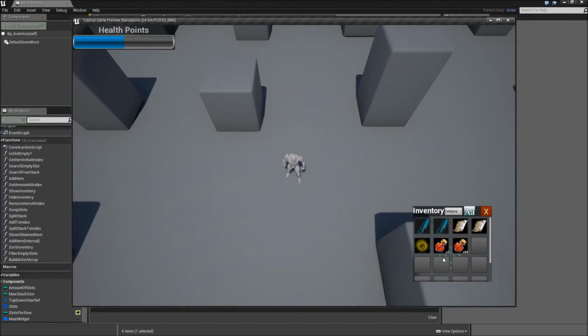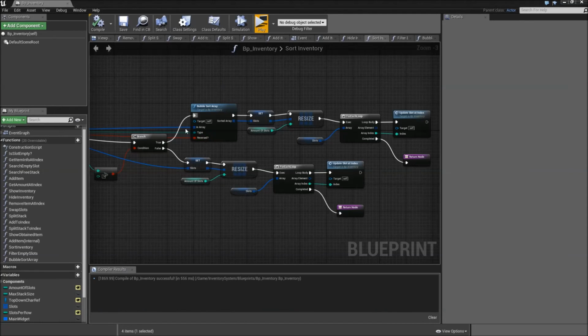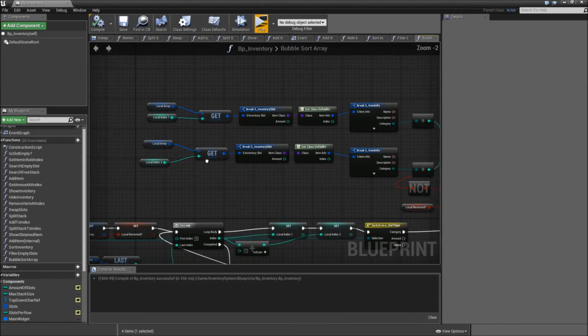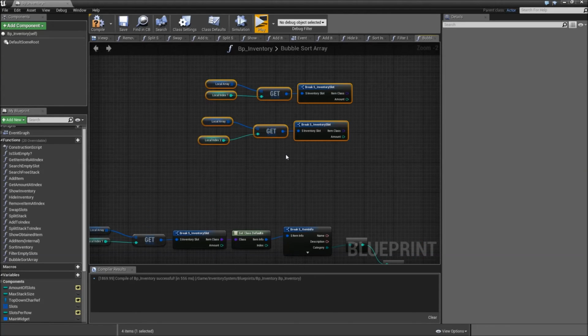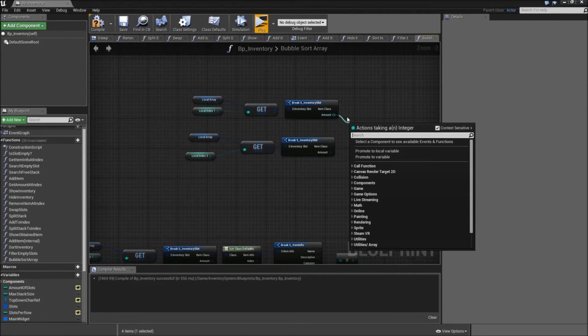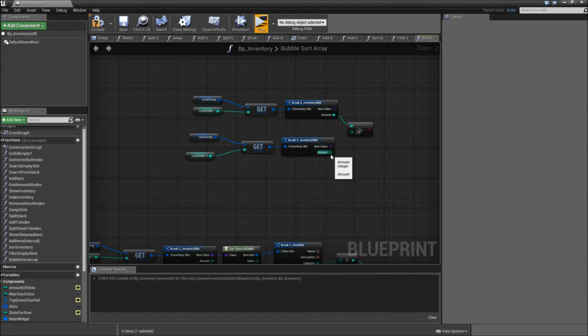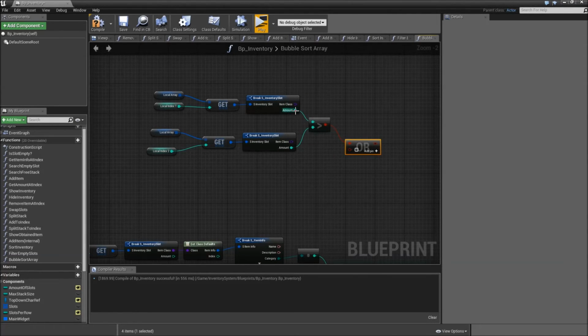So currently everything works fine. However, our player might not want to sort by the category every time. So let's implement amount and name. For that, just double click the bubble sort array function. Now for the amount, we will get at our two indices and break it. So let's copy over that part, paste it somewhere around here. And now we want to check whether the amount at index 1 is greater than the amount at index 2, or the amount is equal to the amount at index 2, and